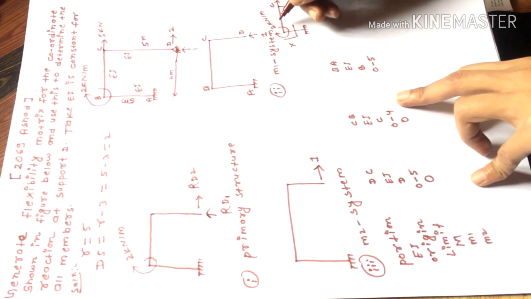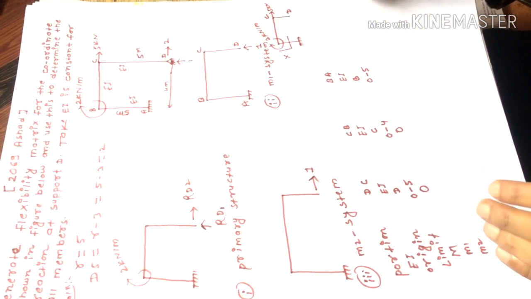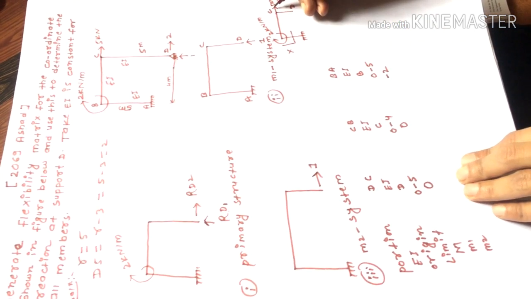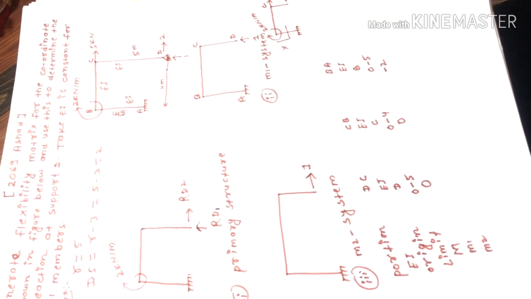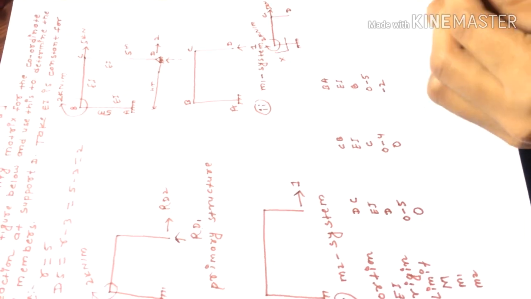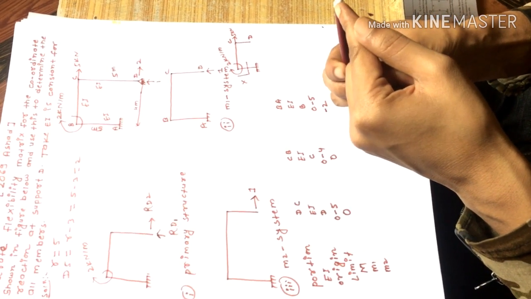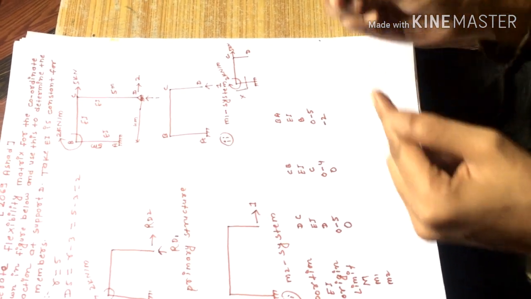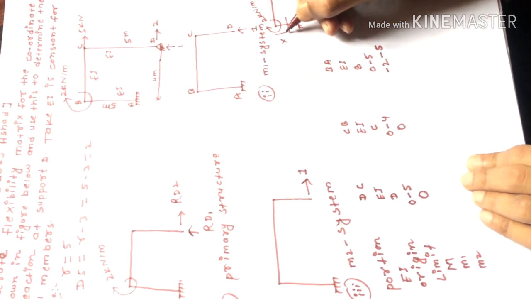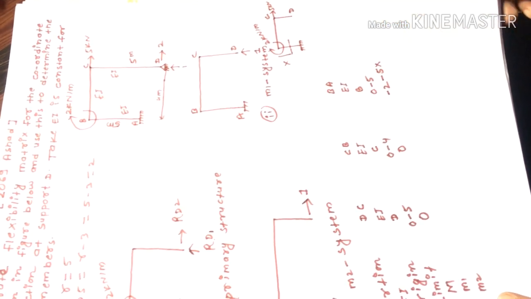So let us calculate here. 2 kilonewton is acting in clockwise direction, and now here we are moving from right to left, so take it as negative, -2. And this 5 kilonewton force will rotate this section, taken at a distance of X, in anti-clockwise direction, so also take it as negative 5 into perpendicular distance. In the figure we can see the perpendicular distance is X, so M = -2 - 5X.